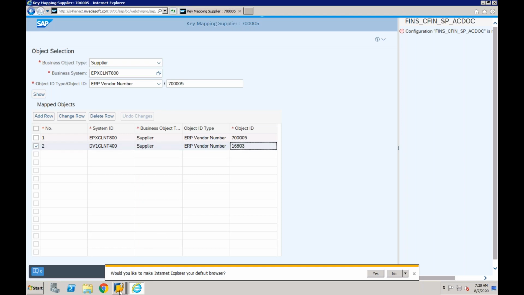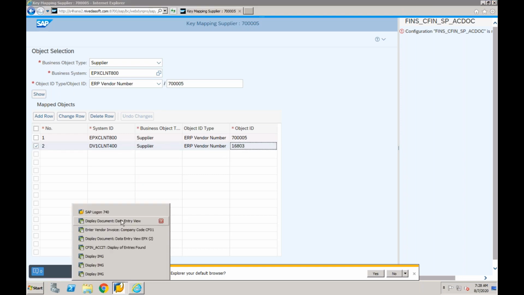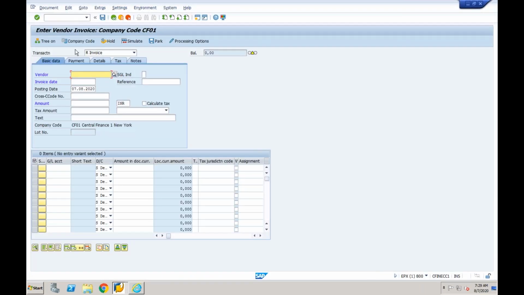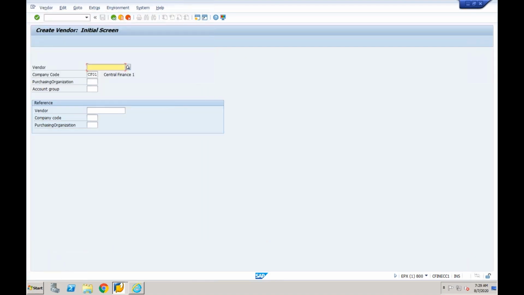Okay, so now let's do one thing. I will create a new vendor in my source system, so that you can get a complete understanding. I'll go to the transaction. Sorry, this is ECC. So in ECC, I'll go to transaction XK01 to create a new vendor. I'm not creating in the purchase organization. Let's say I'm only doing it from the accounting point of view. So company code CF01, and what was the account group that we used last time? I'm using the same, which is 0001. It uses an external number range. So last time we have provided